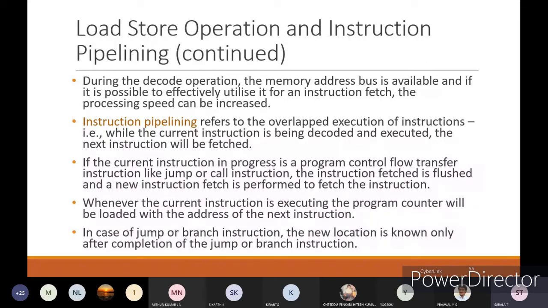If the current instruction in a program is a control flow transfer instruction like a jump or call instruction, the instruction fetch is flushed and a new instruction fetch is performed.